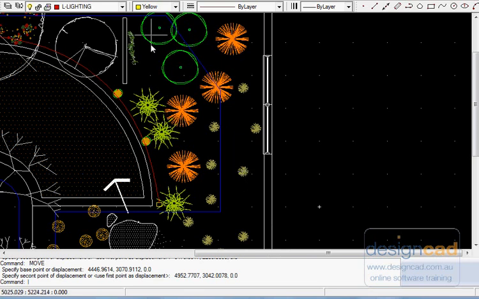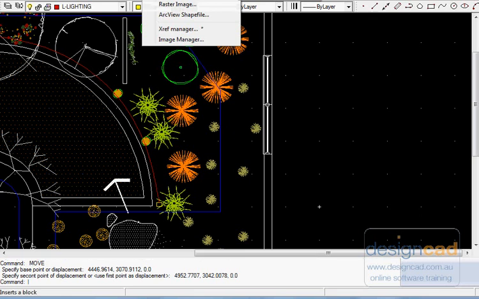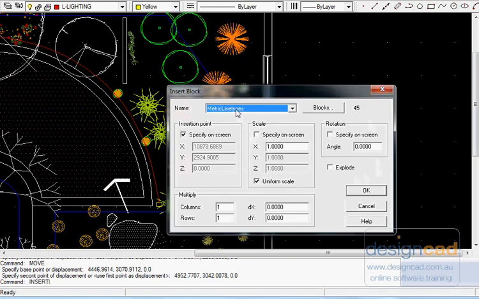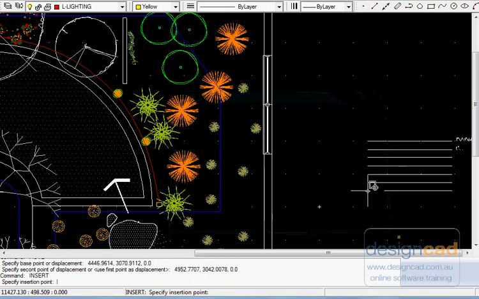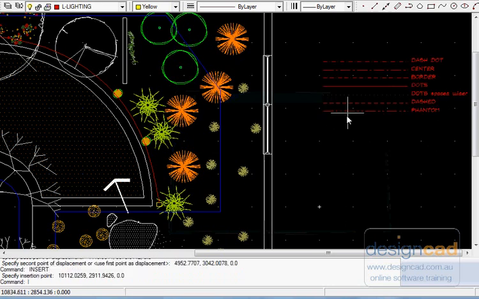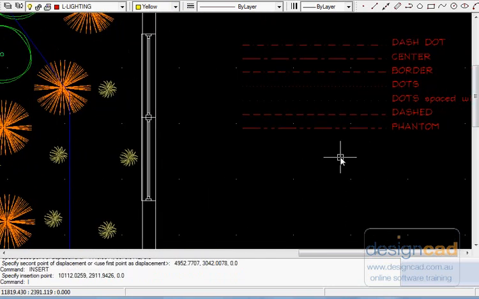Let's demonstrate. If we insert a block from the block manager, I've got one called metric line types, and I'll go OK and bring it in. What that gives me is a series of lines drawn here about 3 meters long, each having a particular line